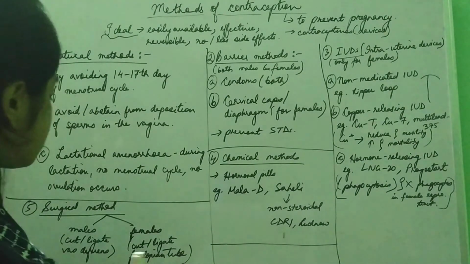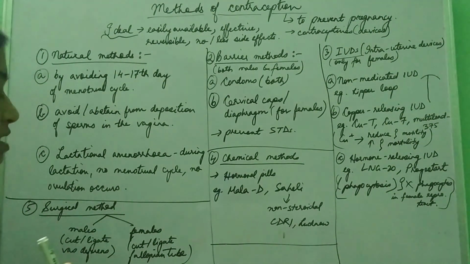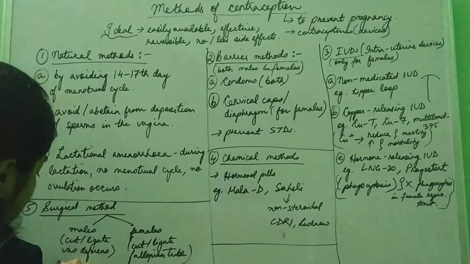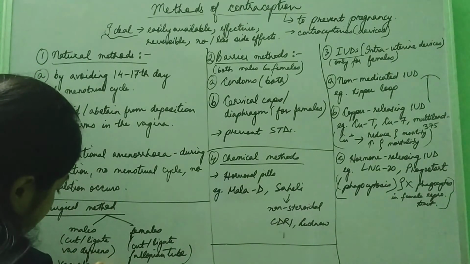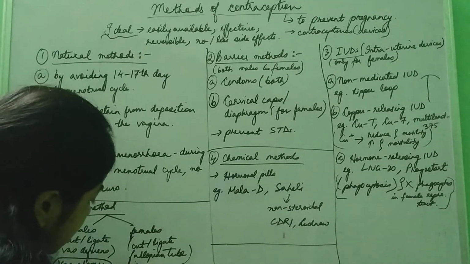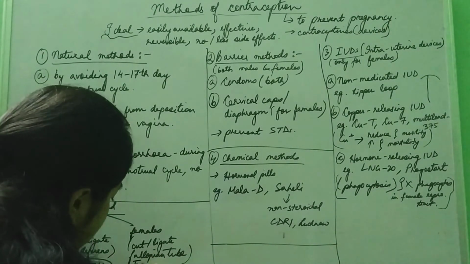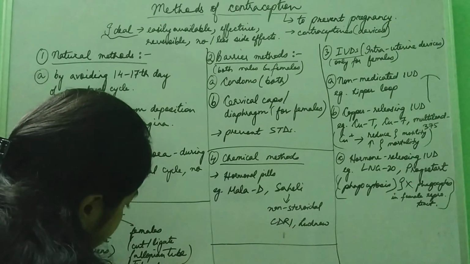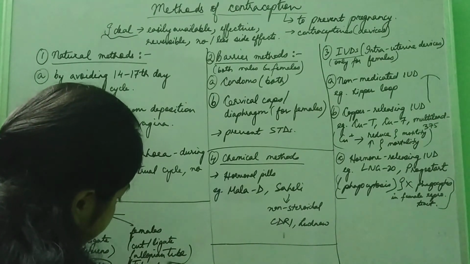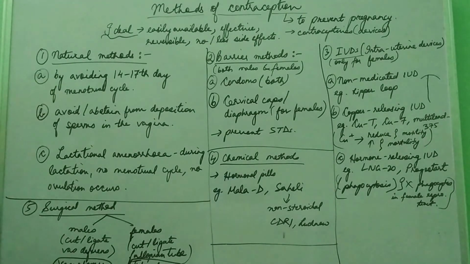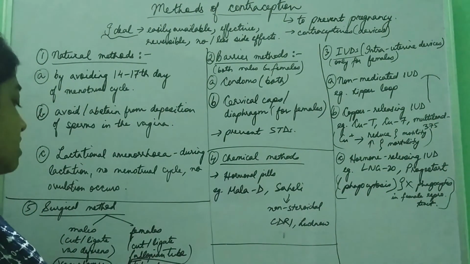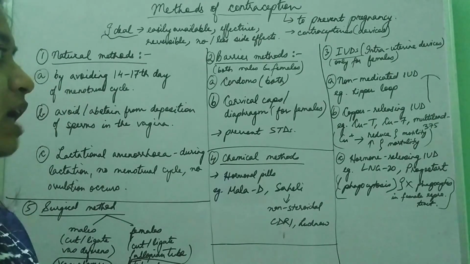So this surgical method, in case of males, since vas deferens is cut, it is known as vasectomy. And in case of females, since the fallopian tube is cut, it is known as tubectomy. In case of males, it is vasectomy. In case of females, it is tubectomy. So in methods of contraception, you have to know about all these different methods. So next we'll start with another